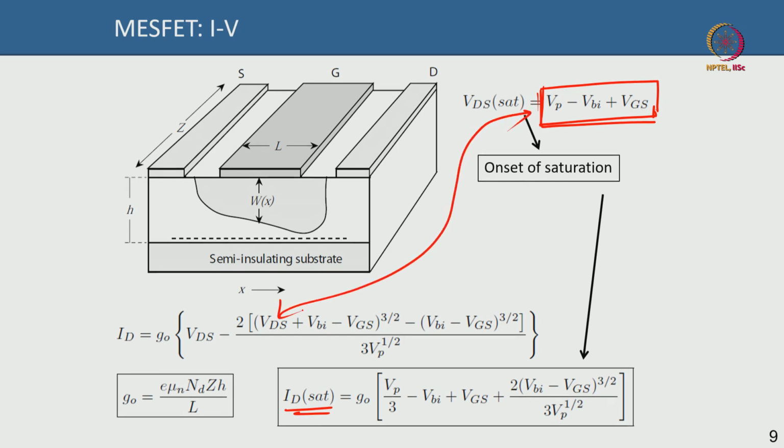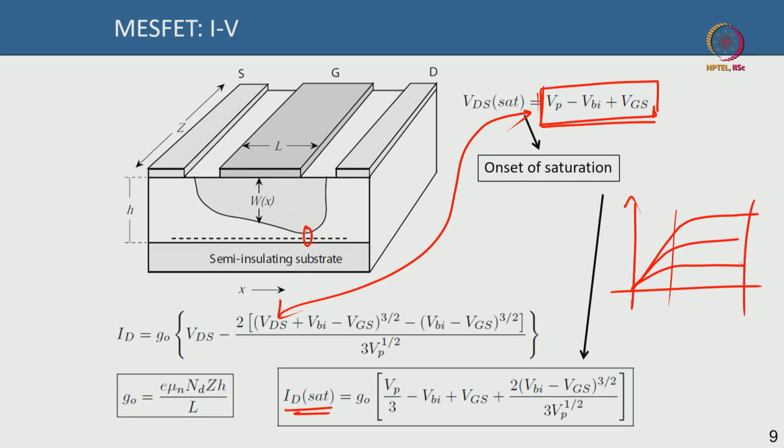If I do that, I get this value, Vp, the pinch off voltage, and this is Vg, this is Vb. So, I get a very beautiful expression for saturation current. This expression tells you that current is initially linear and then the current saturates. I hope this part is clear, why the current saturates in terms of the drain pinch off,